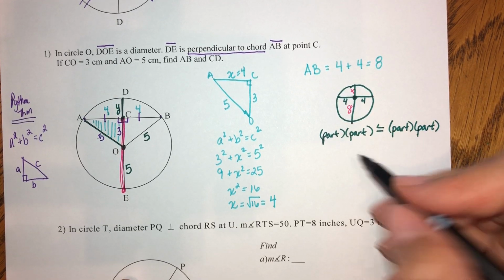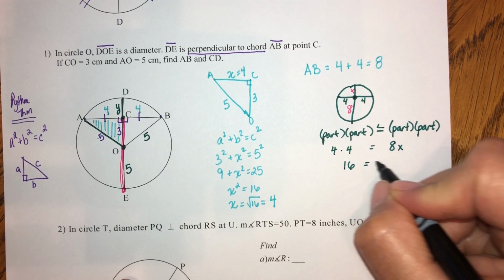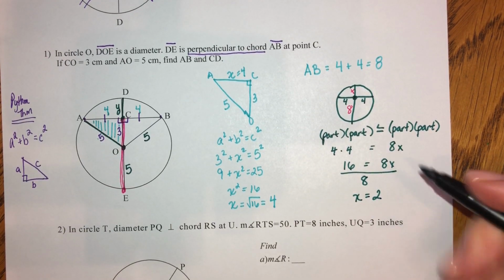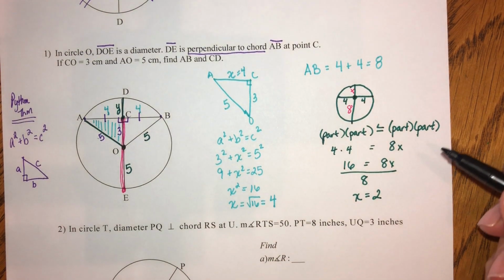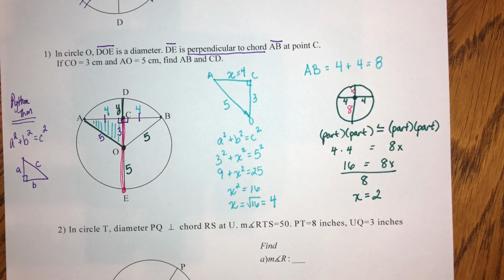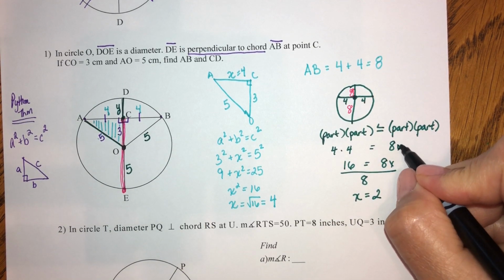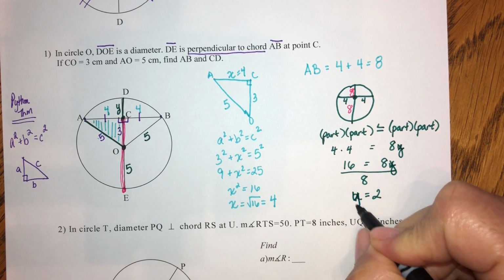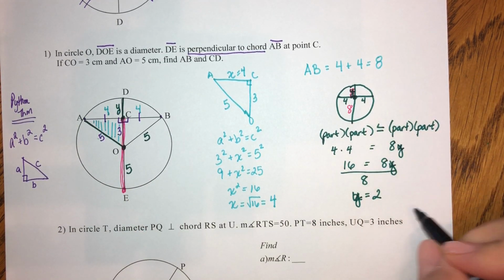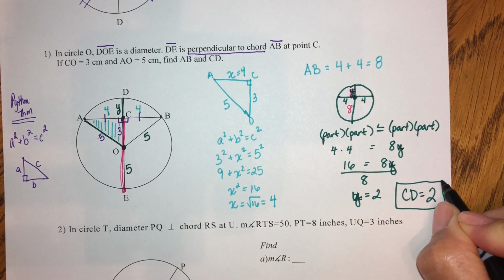So in doing this problem, that would allow me to say that 4 times 4 is equal to 8 times x, or in other words, 16 is equal to 8x, and then x must be equal to 2. And that's CD. Oh, I used x. I labeled it with a y, so I'm just going to go back here and fix that. Back on this problem, I had called this y. So I'm going to call all of these y, 8y, 8y, and then y is equal to 2. So since CD had been labeled with a y, I am going to say here at the end of my problem that CD is equal to 2. So there's one answer,